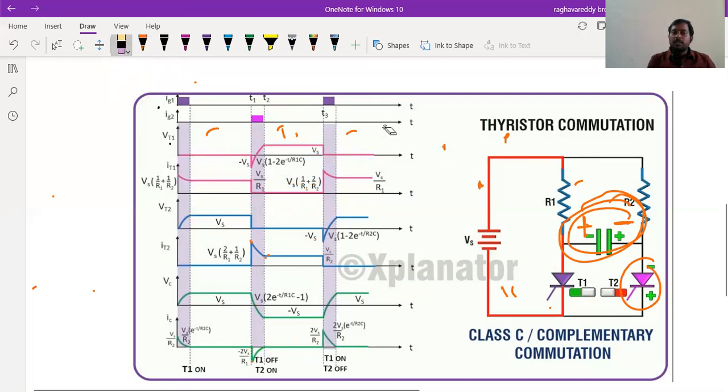After T3 the same thing will be repeated, because the capacitor current decreases, the second current decreases, the voltage across the thyristor T2 increases, the voltage across the capacitor increases, and the same thing repeats after T3. This is nothing but a total complete version of the class C commutation. So it's called C commutation, also called as complementary